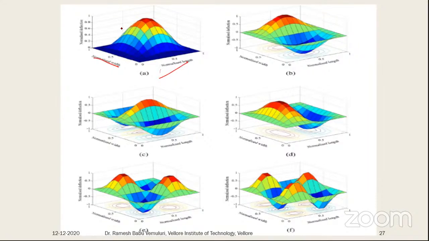Whereas here we can see there is one mode here, and again another mode here, whether it is positive or negative. These are the modes. So that's why you see 2 comma 1. Only one mode in this direction, whereas here there are only 2 modes. That's why it is called 2 comma 1, and it is called 1 comma 1, and it is 3 comma, sorry, 3 comma 1.